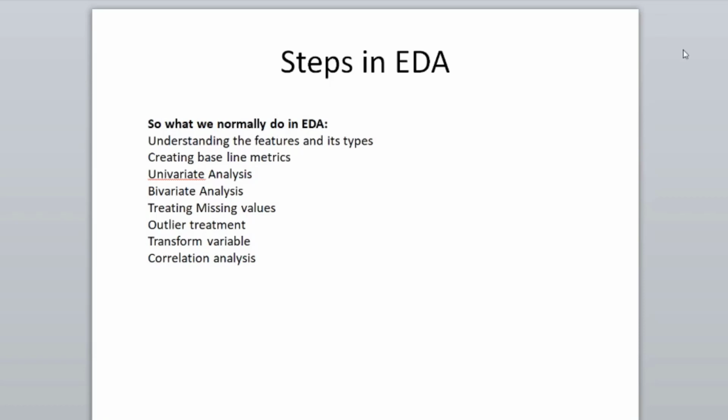Then the next one is how we handle missing values. When you get a dataset in real time, most of the time the dataset is not complete. You will have null values or missing values or maybe some junk values. So you need to see how to treat the missing values. In general,